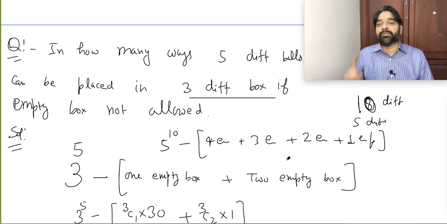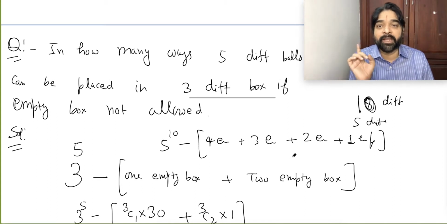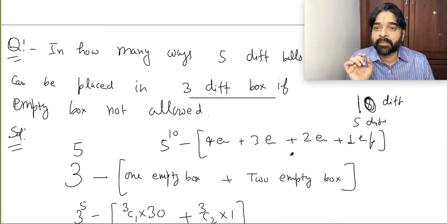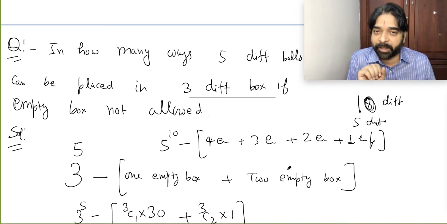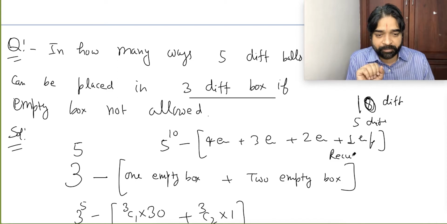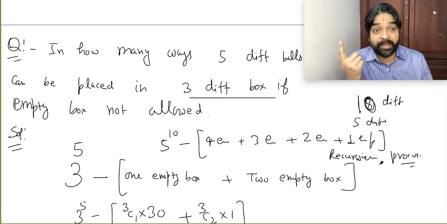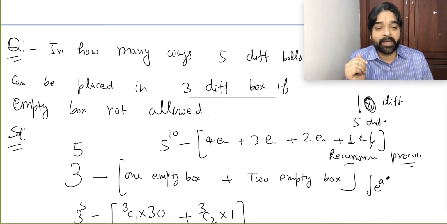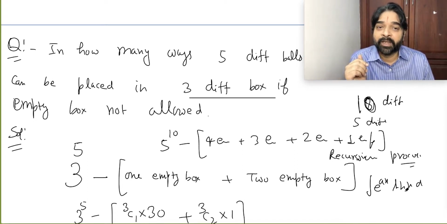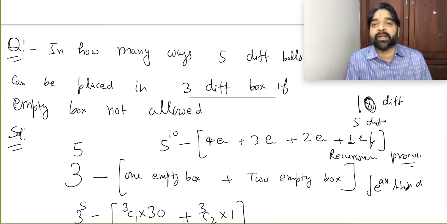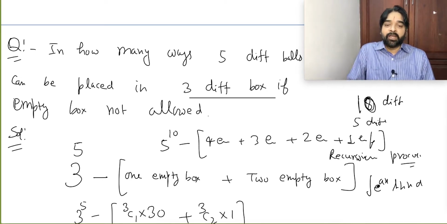This kind of situation, if you try to recall, the same situation was coming in the D arrangement. Do you remember? The recursion process was taking place. This is called the recursion process. It is very common, you'll see it in integration also. In indefinite integration, e power ax sin bx used to come. So we write it by parts, and then again we get the same thing, and we shift one side and get the answer. It's a recursion process.